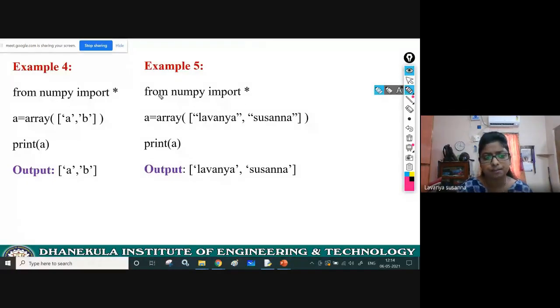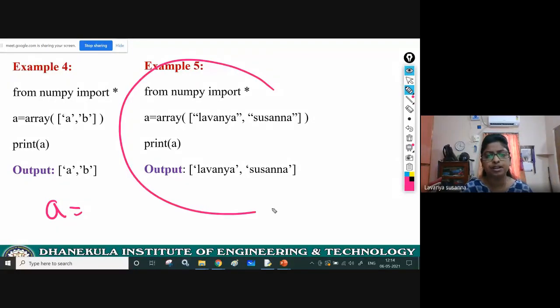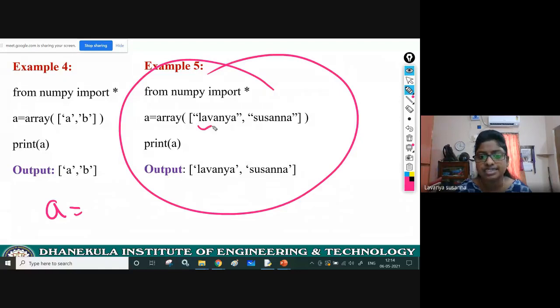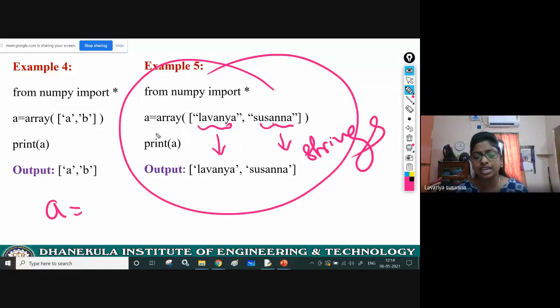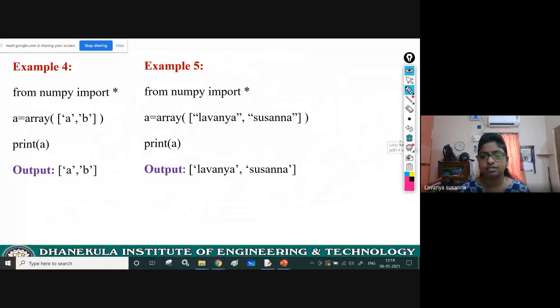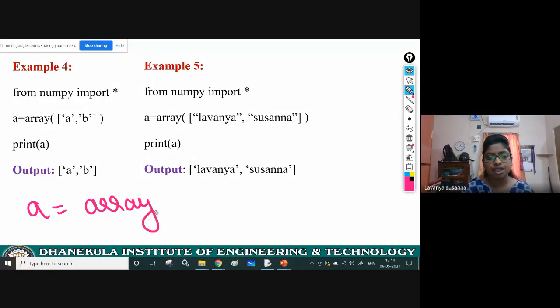Now see this next example. Here I am passing strings. This is a string array. A equal to array, open bracket, close bracket.